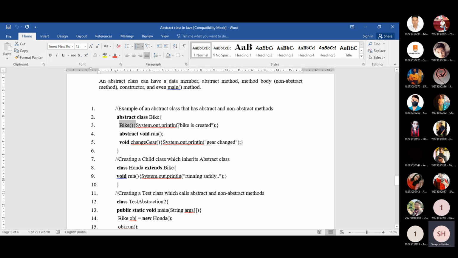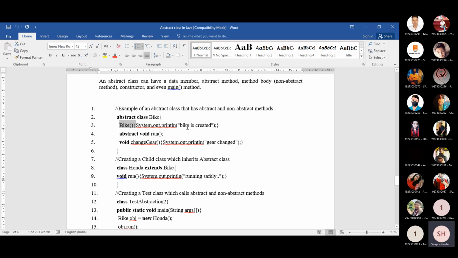Why have we written this statement here? Because if we create an object of this class, this constructor will be called automatically, and at that time this statement will be printed. Otherwise, there is no necessity for this statement.